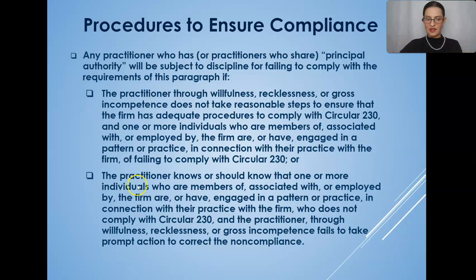Now, the second paragraph here states also that the practitioner can be subject to discipline if the practitioner knows or should have known that one or more individuals who are members of, associated with, or employed by the firm are or have engaged in a pattern or practice in connection with their practice with the firm who does not comply with Circular 230, and the practitioner, through willfulness, recklessness, or gross incompetence, fails to take prompt action to correct the non-compliance. My understanding of this is that you really have to be aware of what's happening in your own firm,